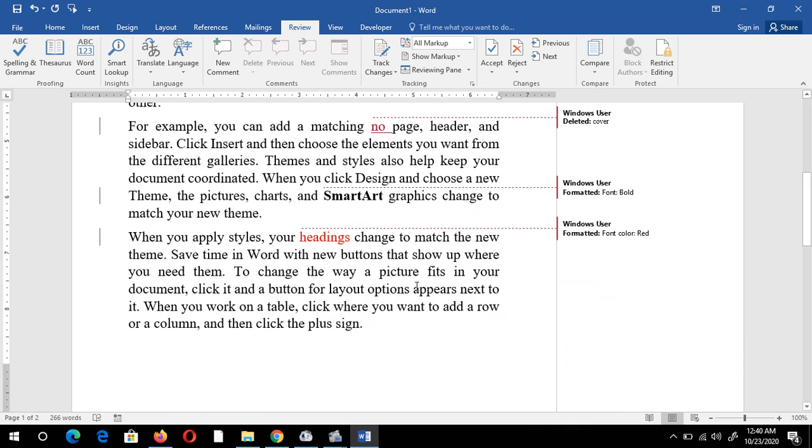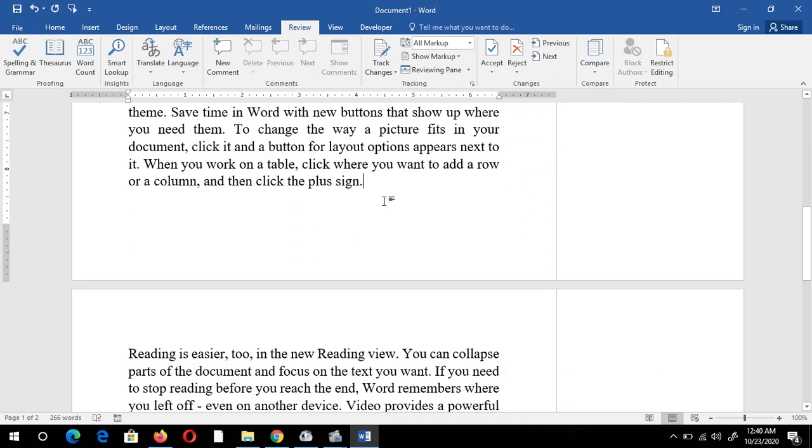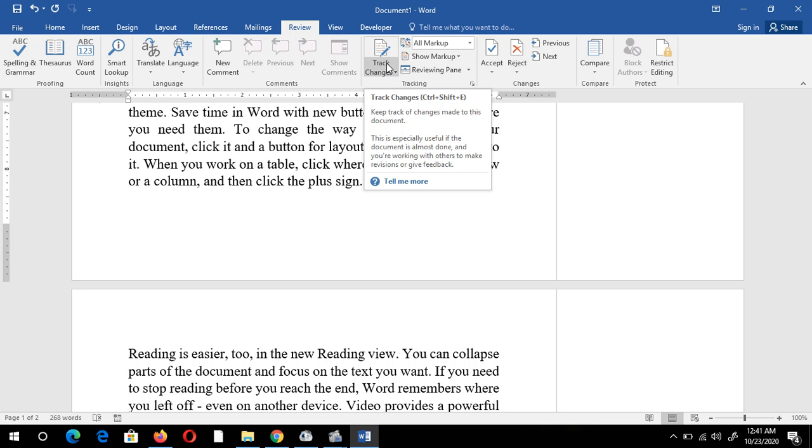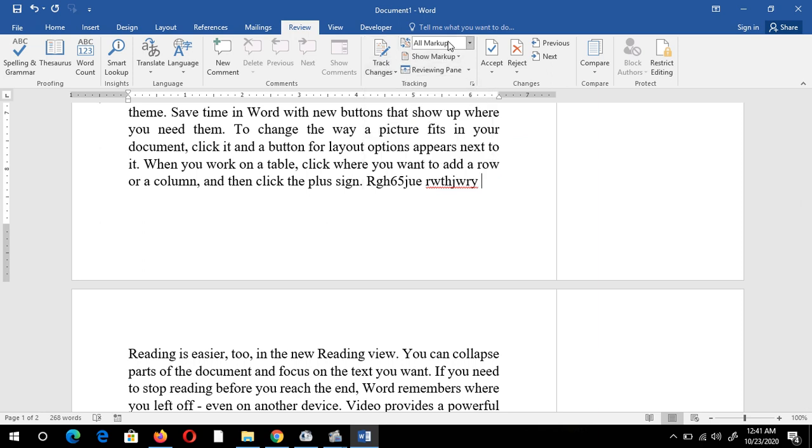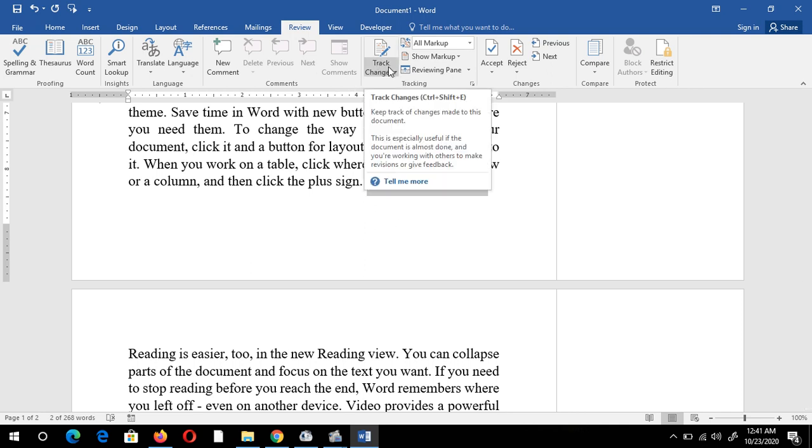Now if I change anything in my document, it will not keep track of it, because this time I have just turned off the tracking function. Now if I click on this all markup function, it will not show the editing.